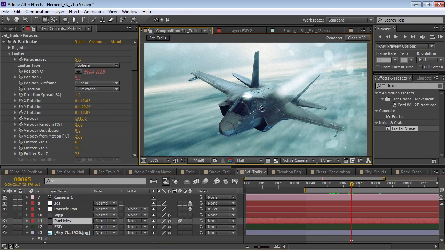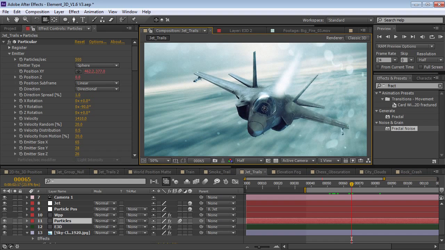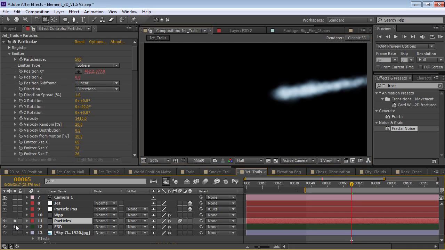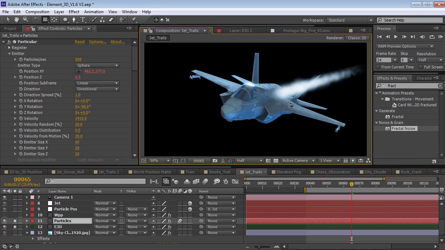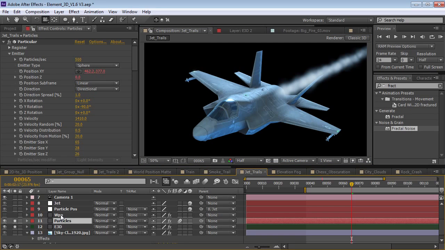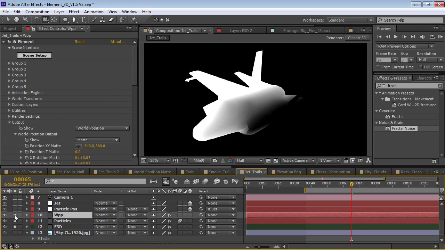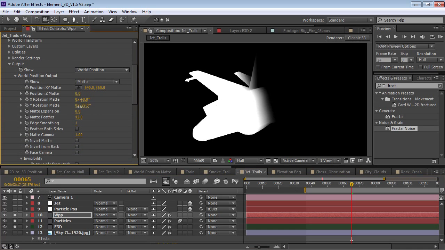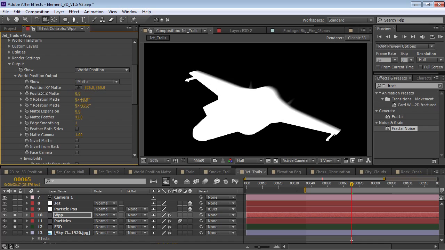Let's go and take a look at one last scenario with the world position pass. So I've got this jet and some particle smoke, and we'll just turn these two layers on. Right now they're not intersecting correctly. The particles are just rendering on top. So I've created a world position pass already, and I'm going to scroll down, and I just need to rotate it, and then I'm going to move it to the back here,